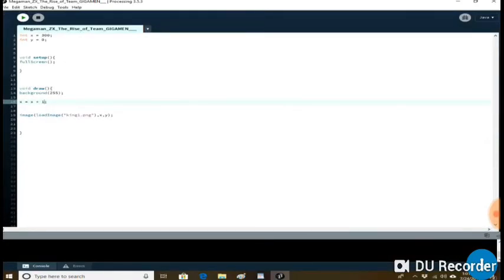Okay, now, how do we get him to move right when we press an arrow key? Oh, we don't want that there because we don't want him moving by himself. We want an arrow key. So we're going to type this. This is also really simple. If the right arrow key is pressed, then x = x + 1, what we did over here. So if keyCode equals right, I think